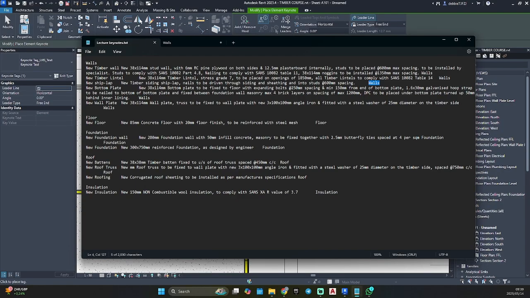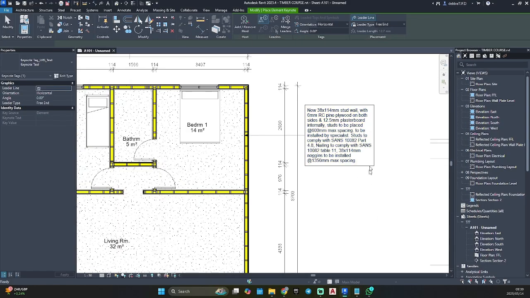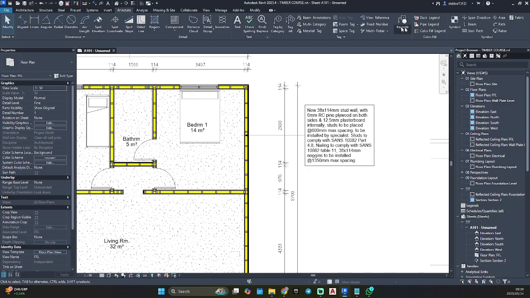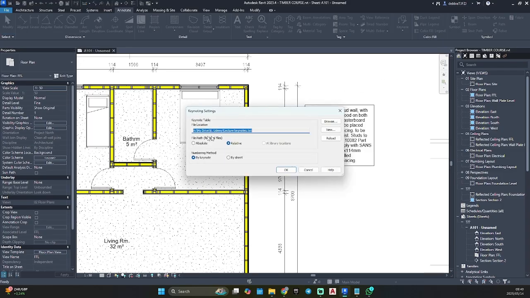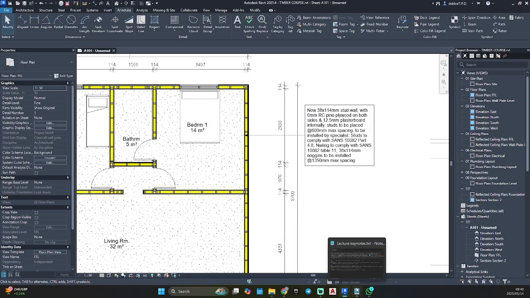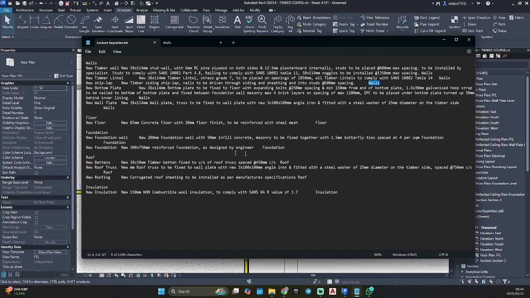once you change a note in here and you reload it into Revit, then everywhere where you've placed that note will change. So how do we import it? Since mine was already imported, you go to your annotate tab, keynote, just hit the drop down, keynote settings, find the file location and upload it, and then you can view if everything has been done correctly. You can do this in Excel as well, but I'm not really great with Microsoft Office, so I like text files.